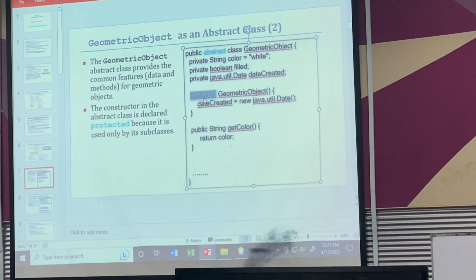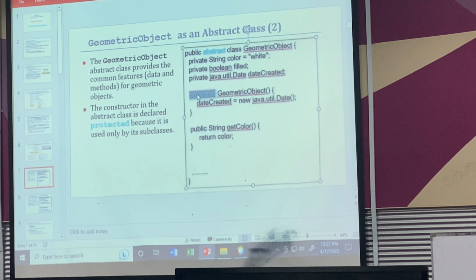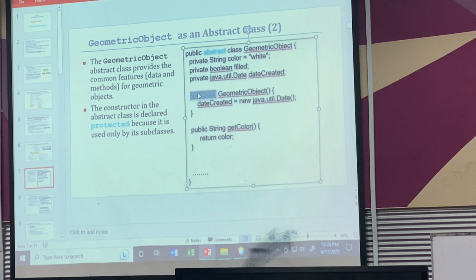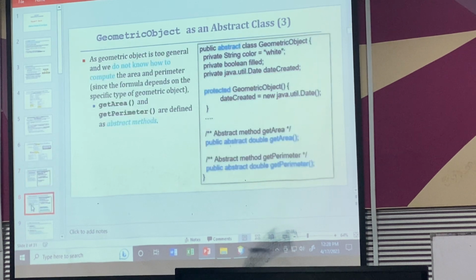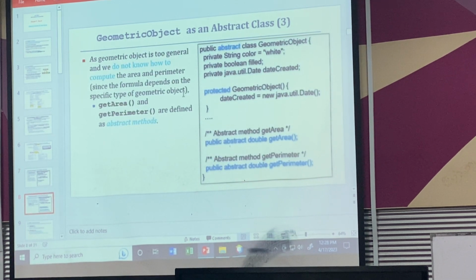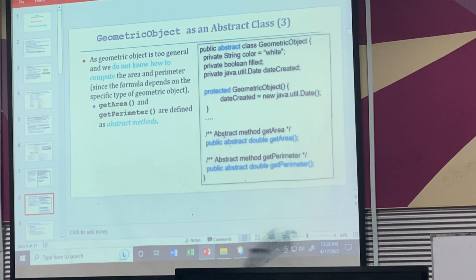So there's a reason why we need to put protected instead of public. In case I put public over here, do you think anything is wrong? Nothing, it's still okay. It's still working, it's still acceptable. Just in case you want to put private or protected, it's okay. Alright? Okay, so example in the notes here, these two methods as abstract methods always end with a